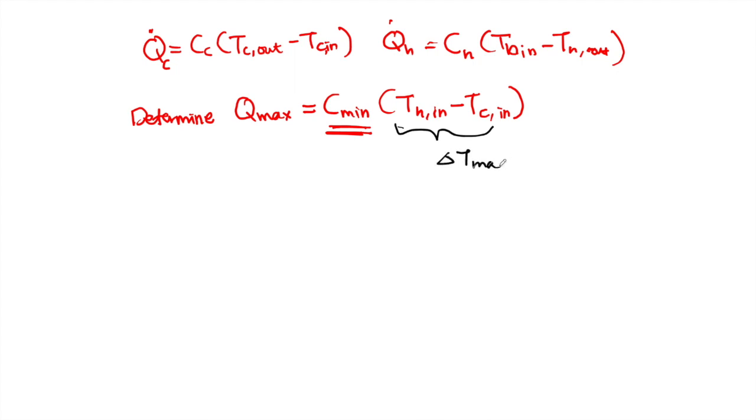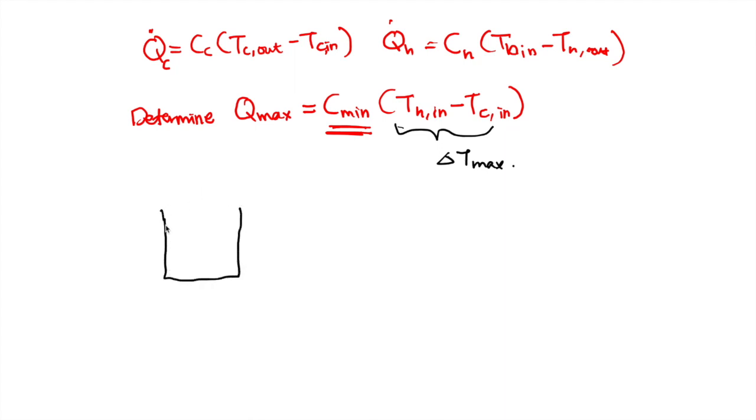But why does this have a minimum? Why do we choose minimum specific heat capacity? Why don't we also choose maximum specific heat capacity? Because we want to calculate what is the maximum. Okay, let me give you some illustration. For example, you have